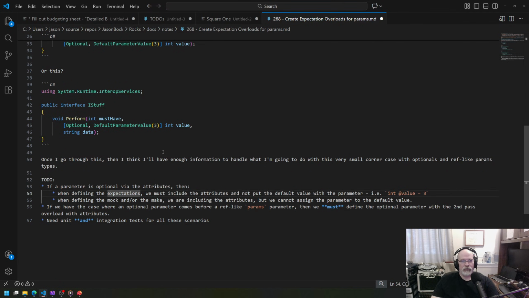So what we're saying here is that if it's defined with the attributes, then we have to put those attributes there, and we have to not assign it. And then also we are including the attributes, but we cannot assign the parameter. But if we're doing this, except this, unless we're here, but we got here by going this route, unless it was raining and it's a Sunday, we're starting to get into these very if cases, which is